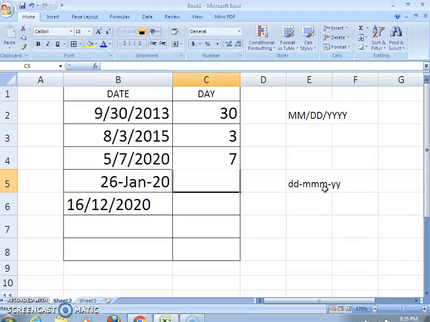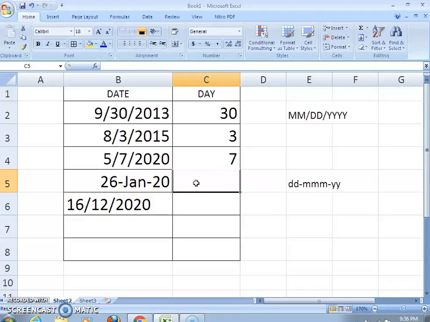the 3 characters of the month name, dash, and yy, the last 2 digits of the year, that you will be writing. See this, 26-JAN-20.